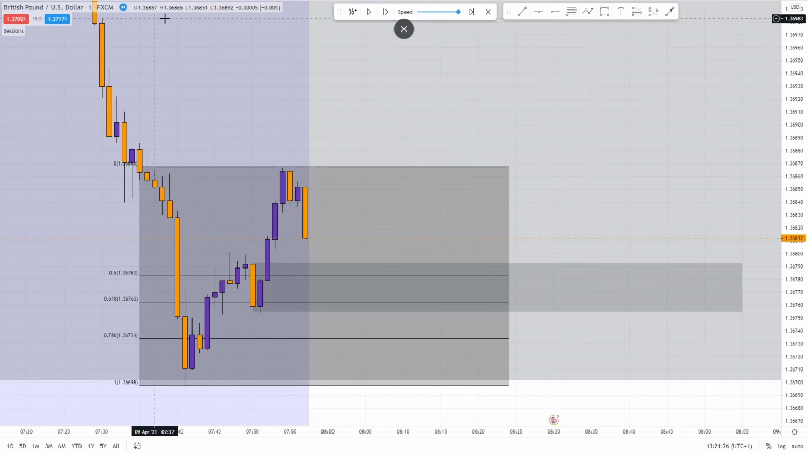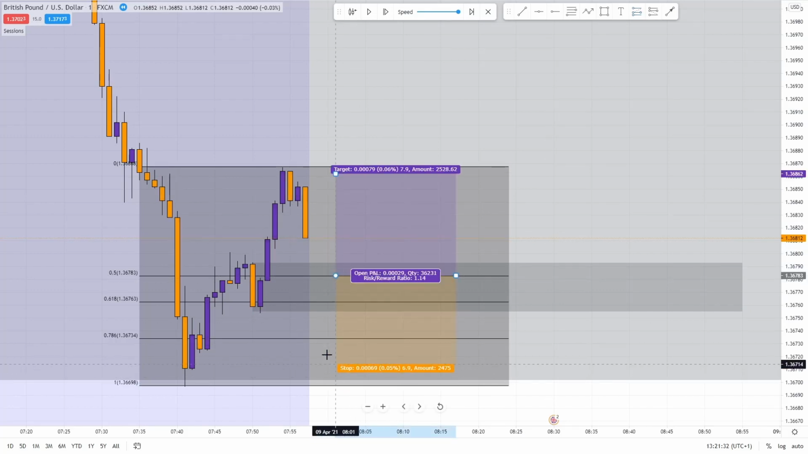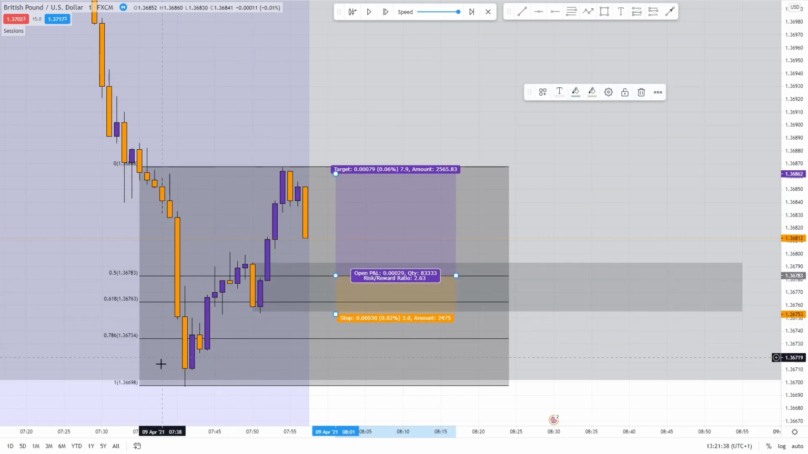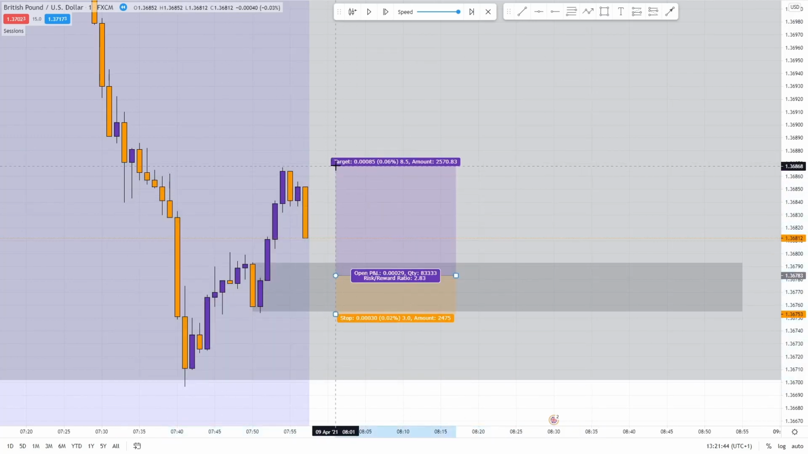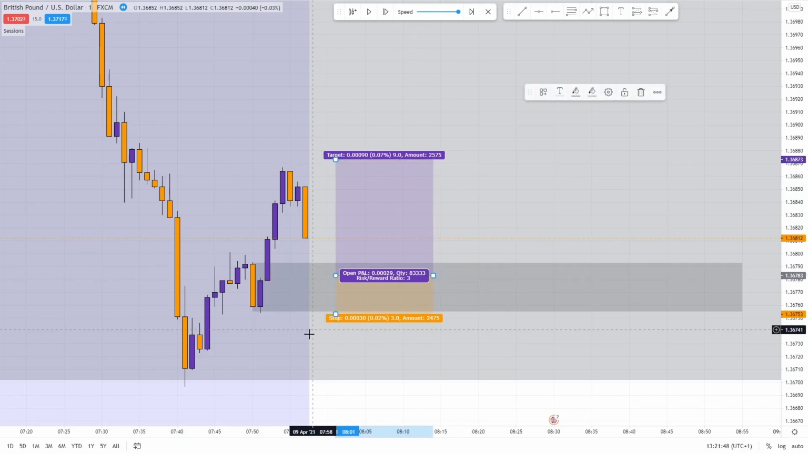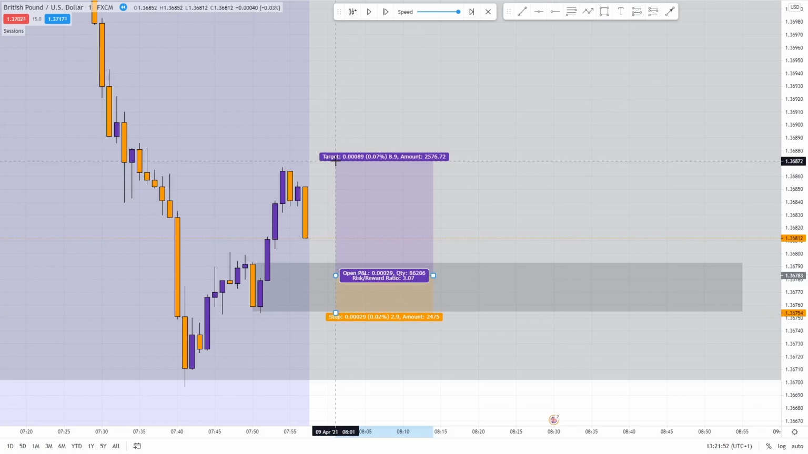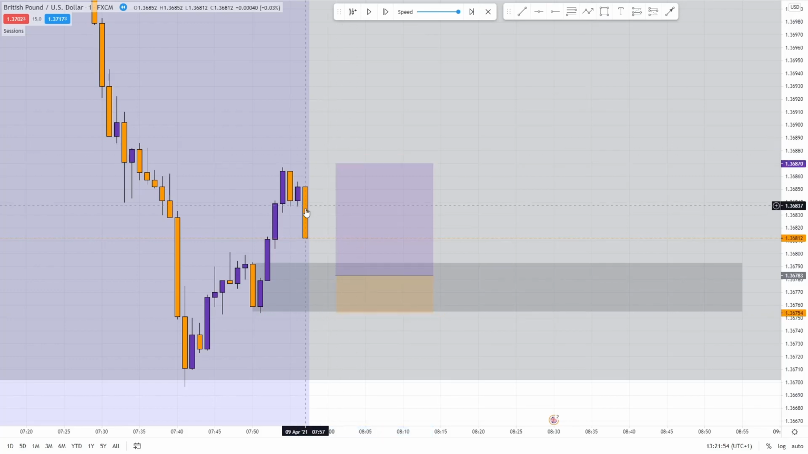So I decided to place my entry at the 50% fib level, roughly around here, and my stop loss at the low here, understanding that if we did break beneath this low, it's pretty likely that we were going to come down to mitigate these order blocks. So this meant that my 1 to 3 risk target, let me just refine that a little bit more, ended up being here,